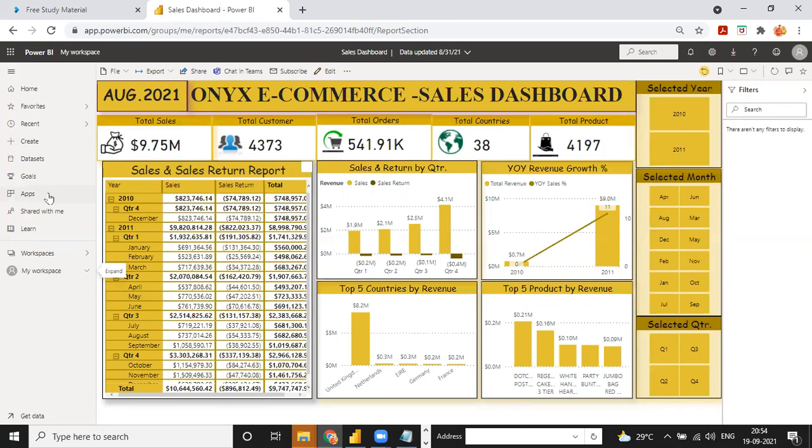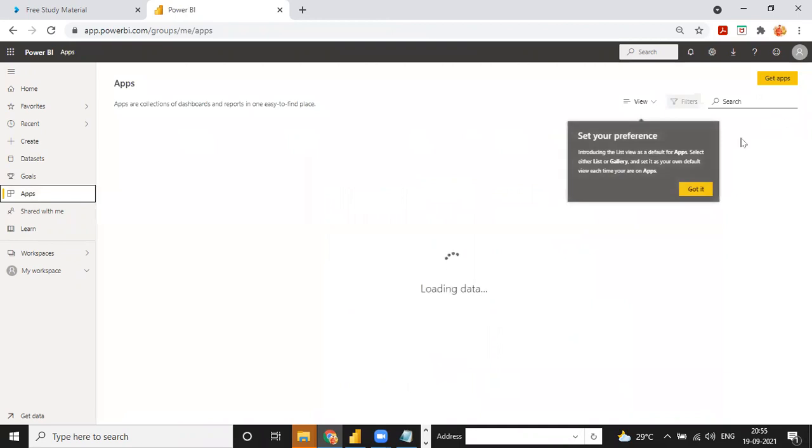In the app you have to create an application for Power BI, used for Power BI dashboard purposes. If you maintain any dashboard in your application, you just create this visualization. I click on apps and create, and this report will be automatically connected and only open in the app. If you have app access, then you can open it. If you don't have app access, you cannot open this app.